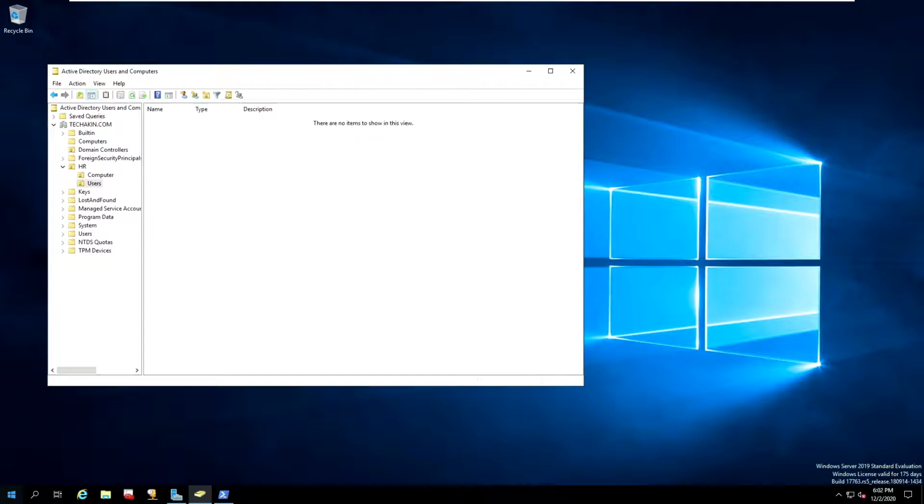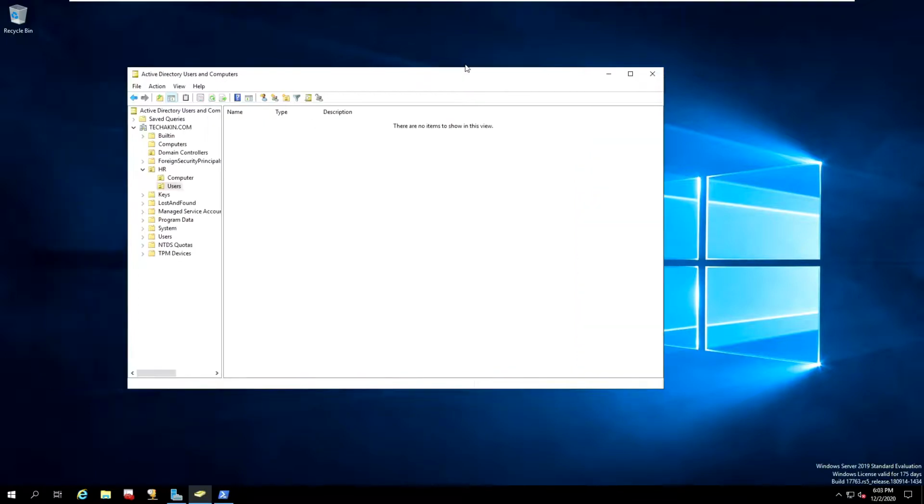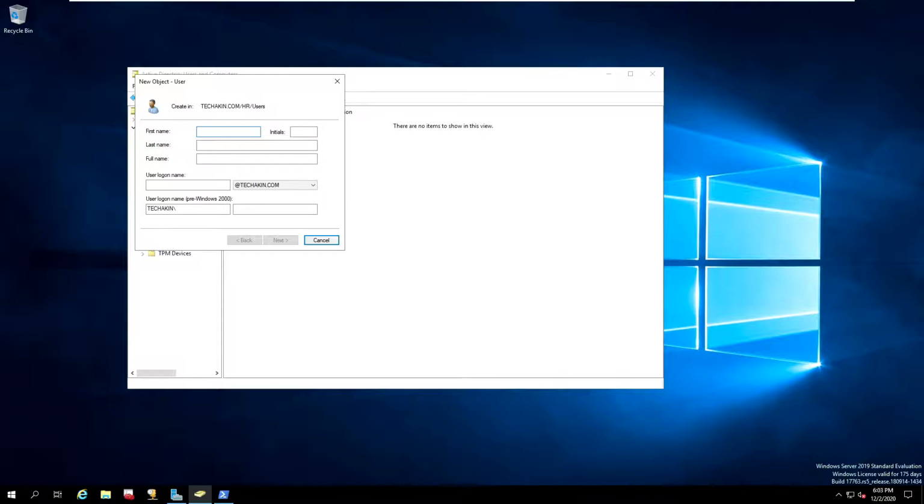In this lesson, we're going to be creating a new Active Directory user, and we're going to be logging in as that domain user. So go to users. If you remember from our last lesson, we created HR, and under HR we created two organization units, which is computers and users. So right click on users and go to new, go all the way down to user